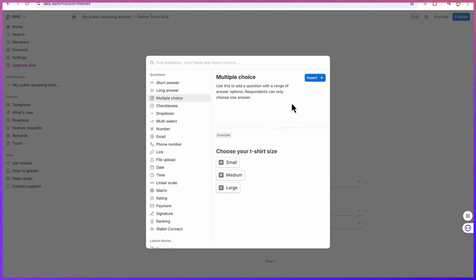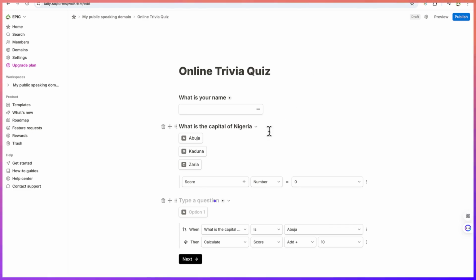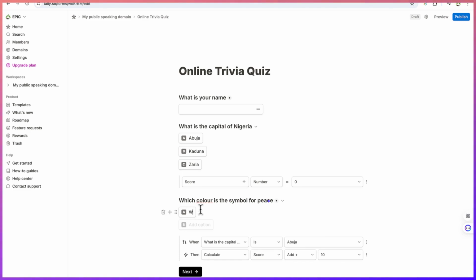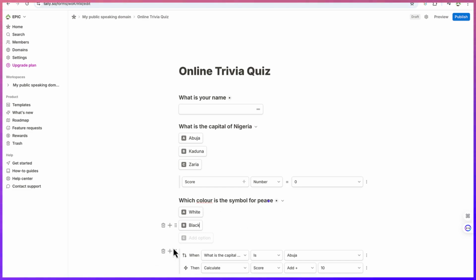For example, over here I can say yes, this is the format I want, and I can just go ahead and hit enter, and I can say which color is the symbol for peace, for example. And then we can have our options here, white, and then we can have another option here, black. Okay, so maybe this is what you want, and then down here I can come over and add